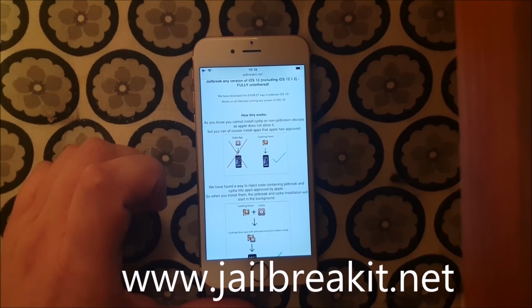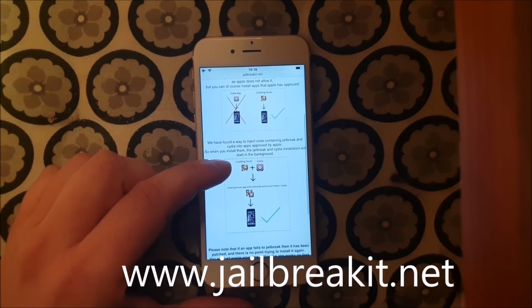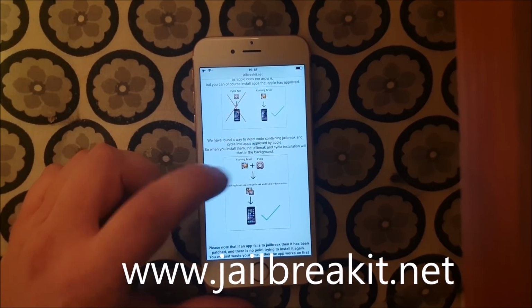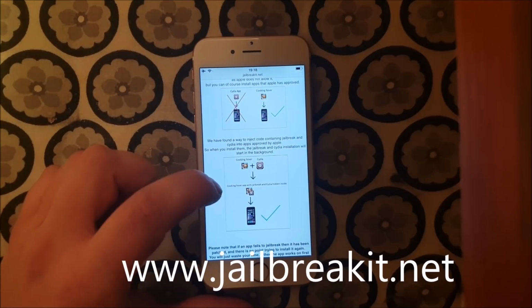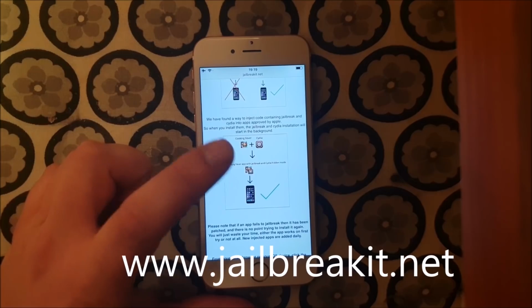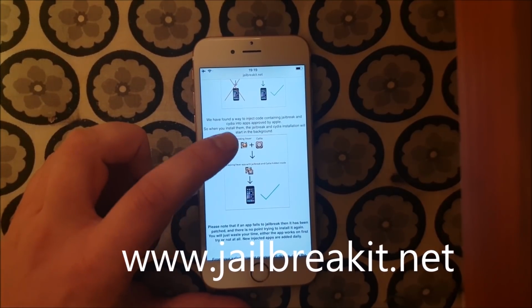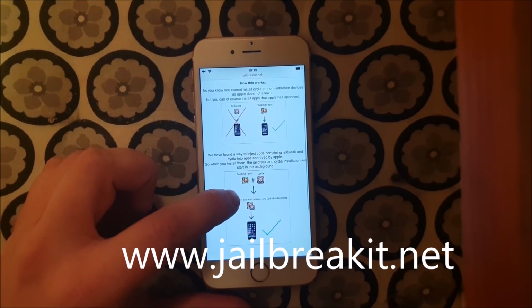They'll tell you that you can't install Cydia on a device because Apple's not approved it. So they simply hid Cydia and the jailbreak inside of an approved application. So they got an app that is approved and can be installed. And when you start that app, the jailbreak and Cydia will be installed in the background. You can read for yourselves. Just go to this address,